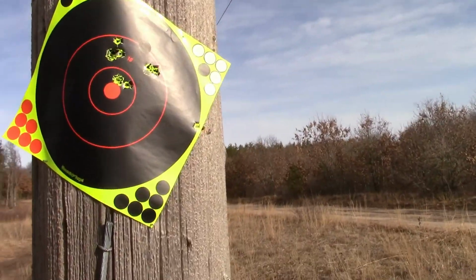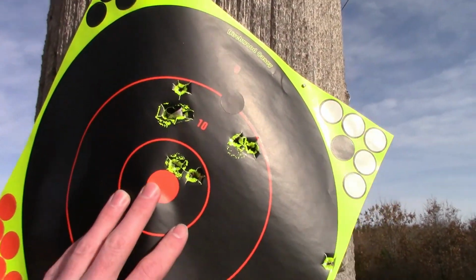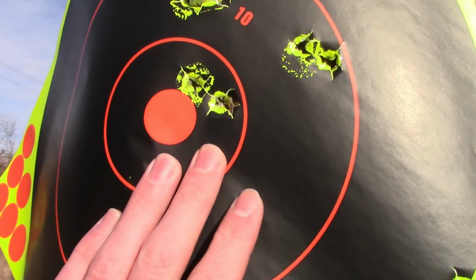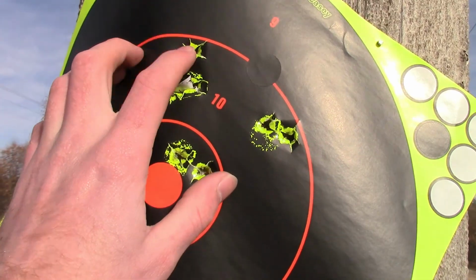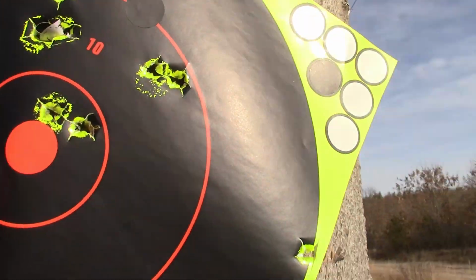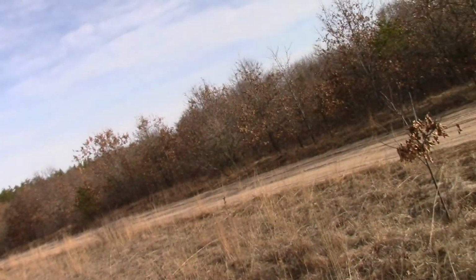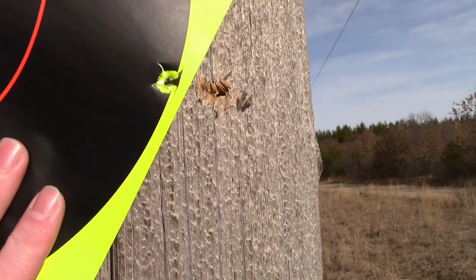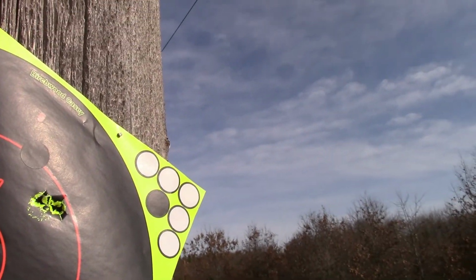So, boy, all of those went to the exact same... Huh. So the little black dots kind of got knocked off. That's a new one. There's at least one new one there. 1, 2, 3, 4, maybe 5 in the exact same place. Nope, there's the 5th. Yeah, that would be the flyer. Well, all of those look like they're dead on. No keyholing, so...